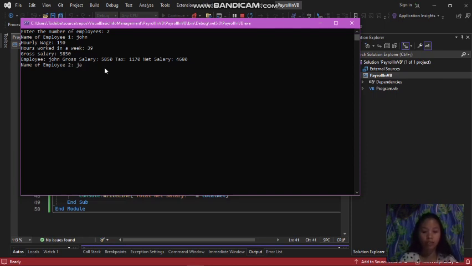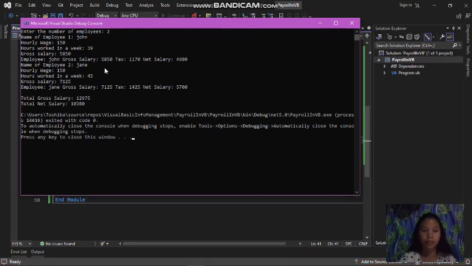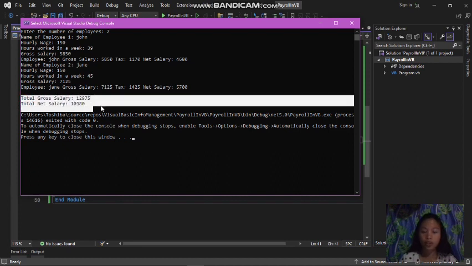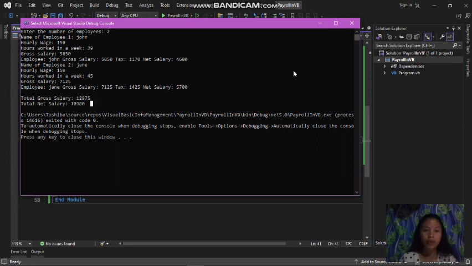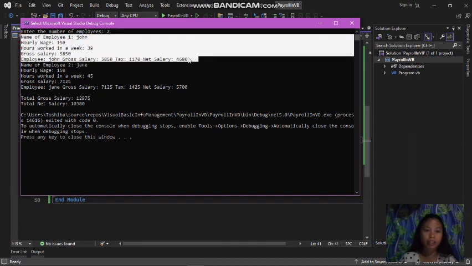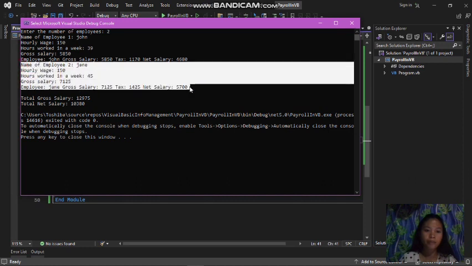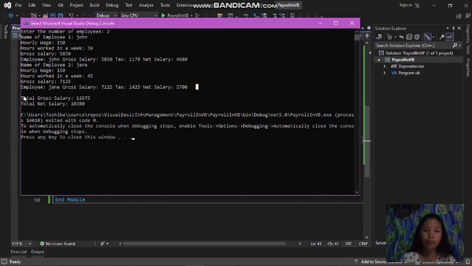So next, put Jane. Hourly wage same as John, 150. For this time, atong butang as 45. So, employee Jane, gross salary niya 7,125, tax, then ang net salary. So, lastly, i-print niya ang total gross og net sa ato ang employee. So, as we noticed, ang atong for loop ni iterate siya kaduha. Kay kaduha ra siya nag-ask sa name of employee until diri na part. Then after na iyahan nang gi-terminate ang for loop, then iyahan nang gi-print si total gross og si total net